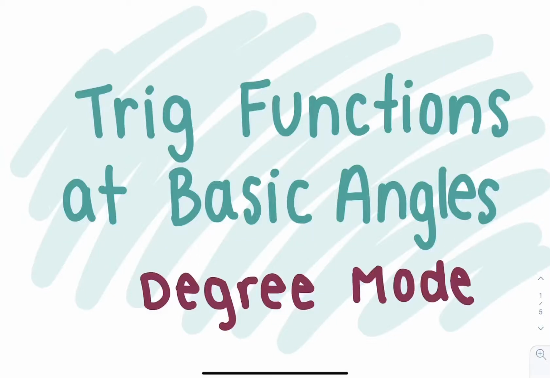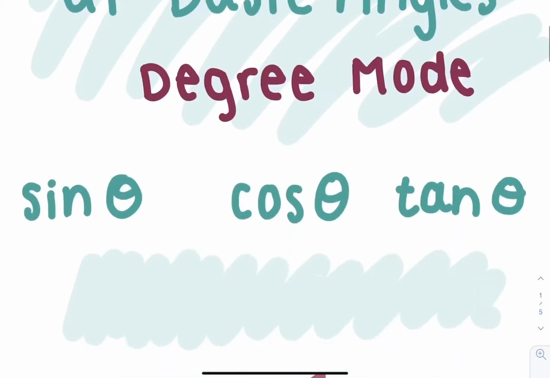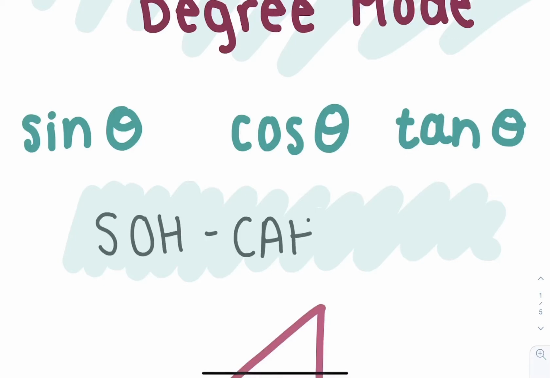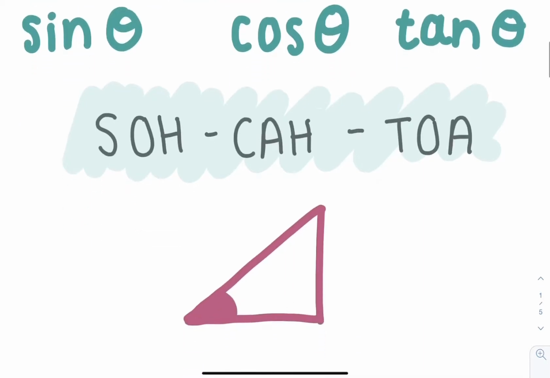Today we're going to be learning about trig functions at basic angles in degree mode. So we know if we have sine, cosine, and tangent, what we use to remember what each of these represent as ratios is SOH CAH TOA. So that means if we have some angle right here, and we know this is our hypotenuse because it's